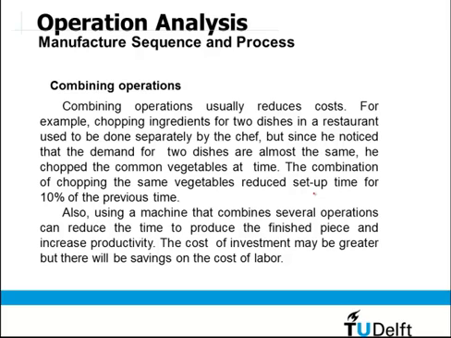But the chef noticed that the demand for the dishes is almost the same, so he chopped the common vegetables at one time. The combination of chopping the same vegetables reduced setup time by 10% of the previous time. That means combining operations can reduce the waste time, because the chef previously chopped